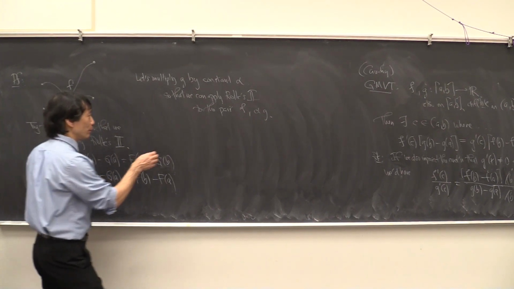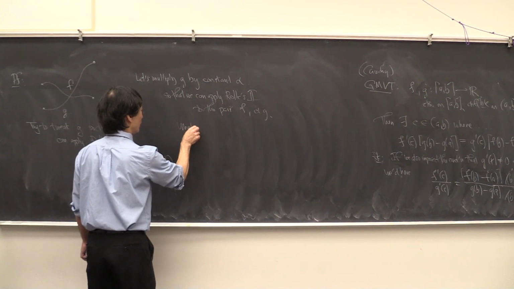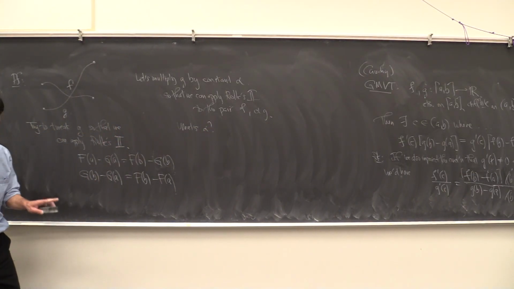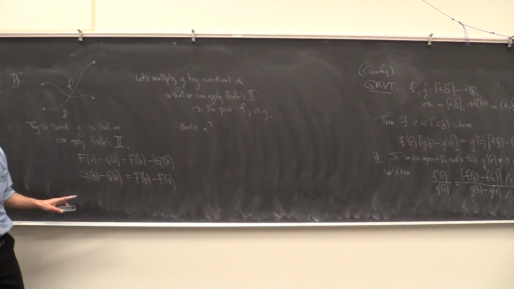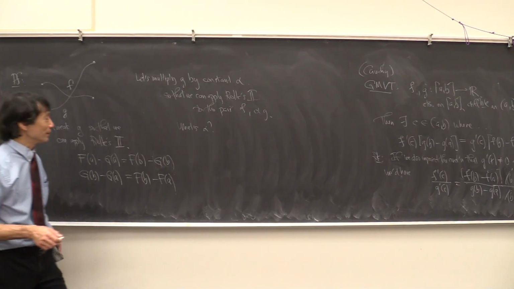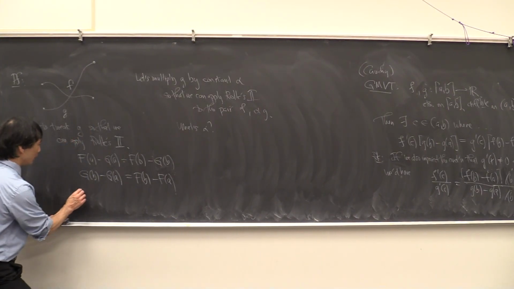Okay, so what's alpha? What's the alpha we want? Go ahead, Rishi. I'm not sure if this is right, but is it just g of b minus g of a divided by f of b minus f of a? The other way around. Yes, right, because you want